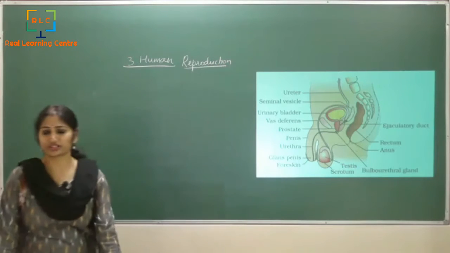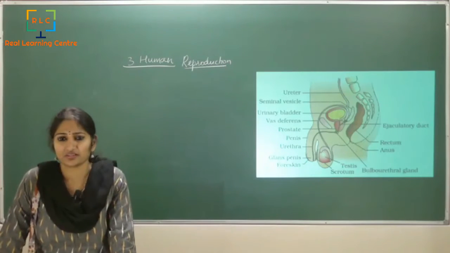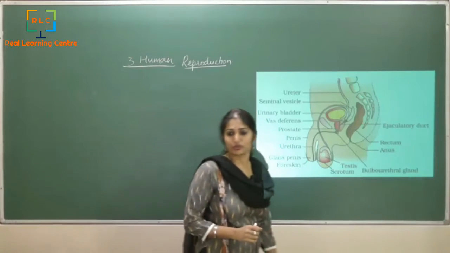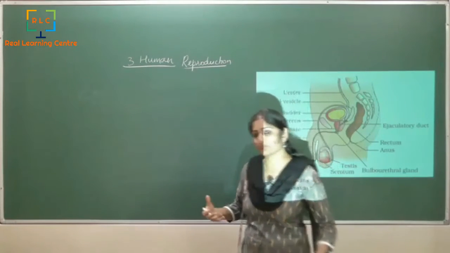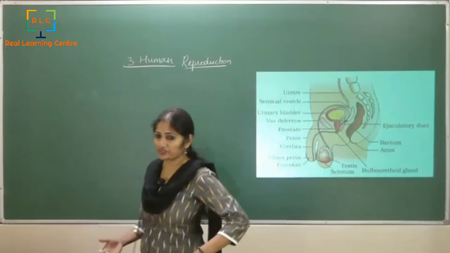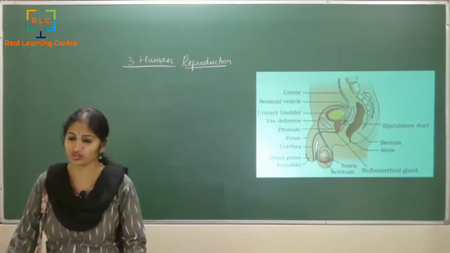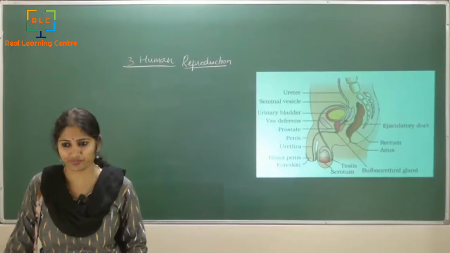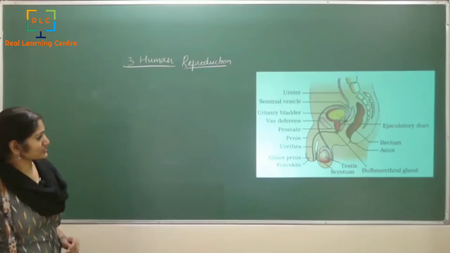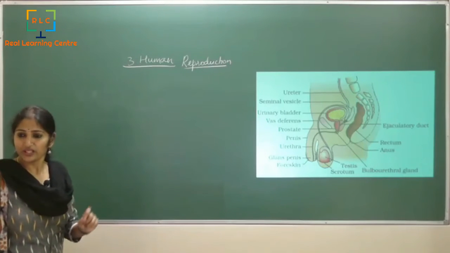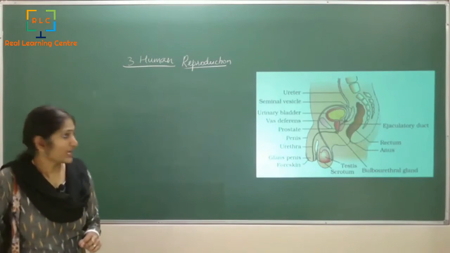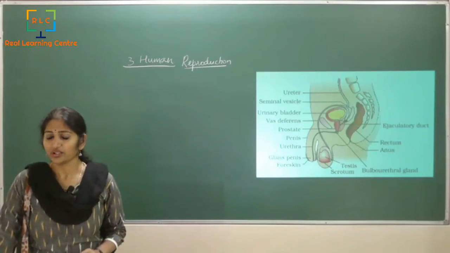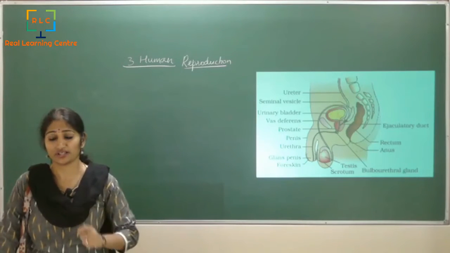The male reproductive system, and both in the male and the female reproductive systems, you see that they are present below the pelvis region, okay, near the pelvic region. You see that there is the male as well as the female reproductive system. Now, what does this male reproductive system have? Now, the male reproductive system has so many components, okay. So, let us see what they are.